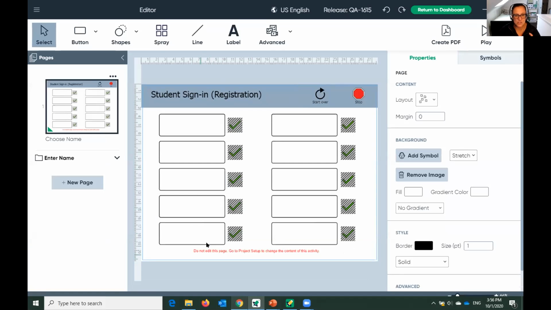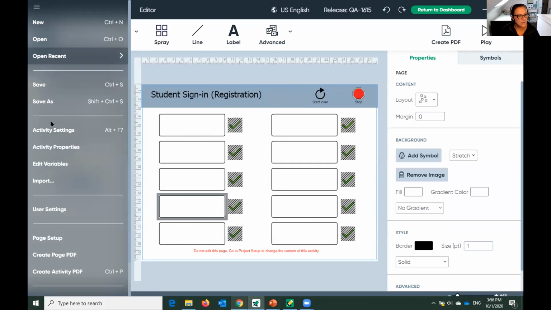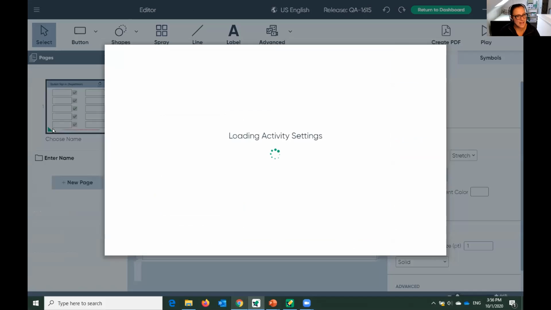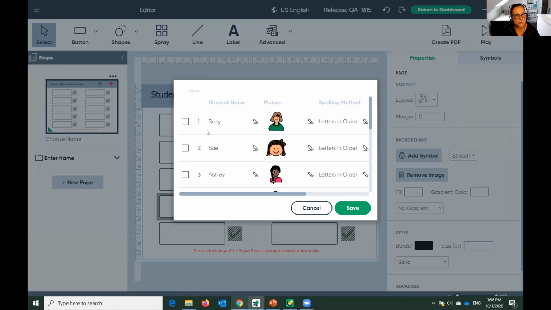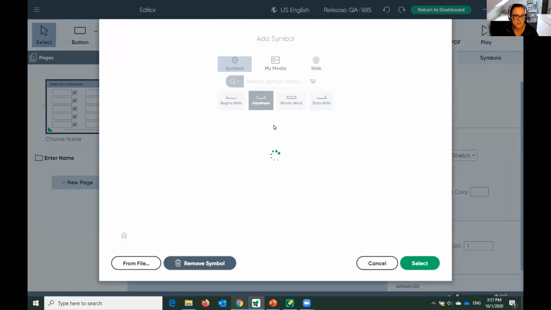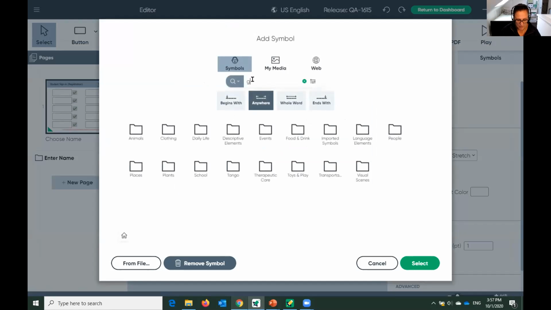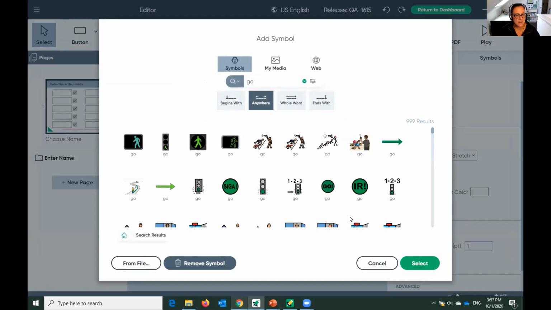Now, this says don't edit this page, go to the project setup. This is what we call a table-based template. So what I'm gonna do is go in here and go into the activity settings. And this is where I edit the content. Because rather than enter your student's name, I'd like you to spell some words. So I'm just gonna replace the students that I got in this sample,